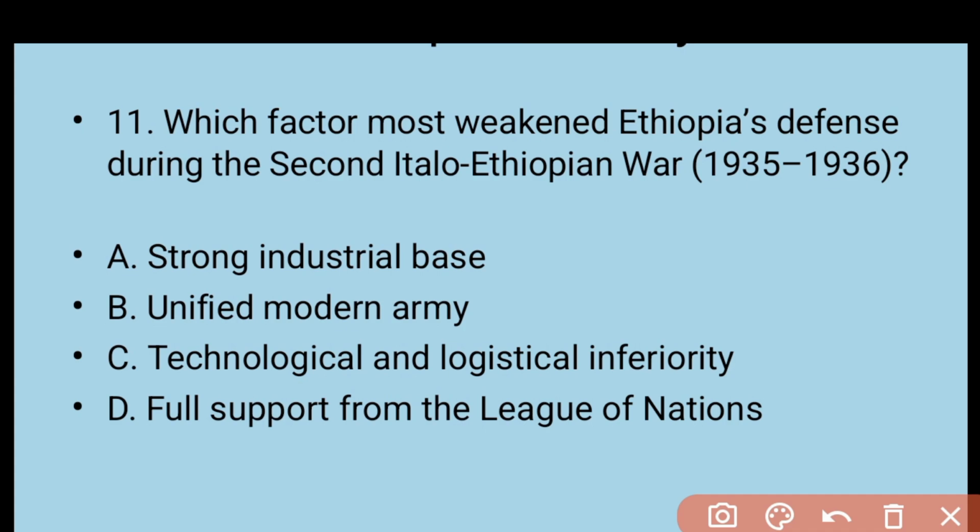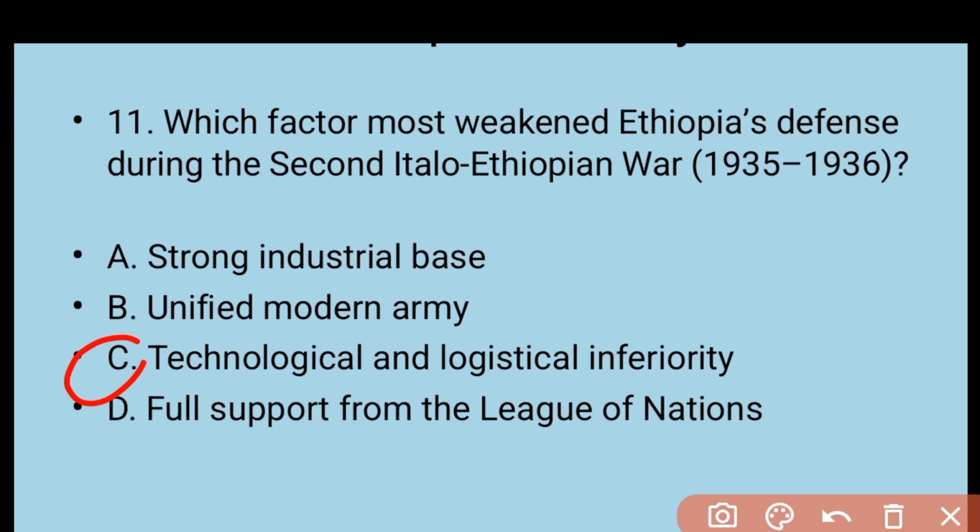Question number 11. Which factor most weakened Ethiopia's defense during the Second Italo-Ethiopian War from 1935 to 1936? A. Strong industrial base. B. Unified modern army. C. Technological and logistical inferiority. D. Full support from the League of Nations. Okay, the right answer is C. Yes, technological and